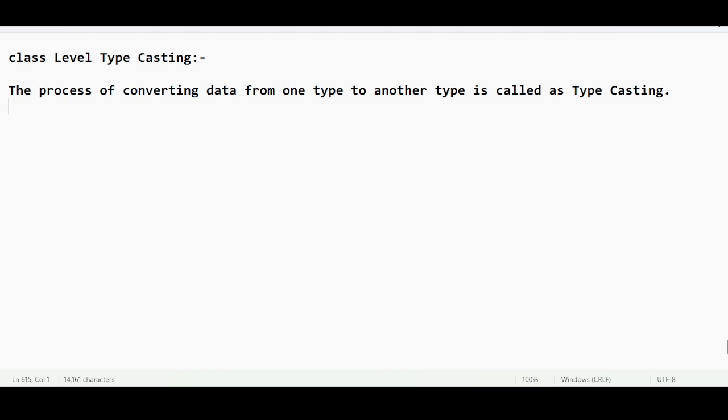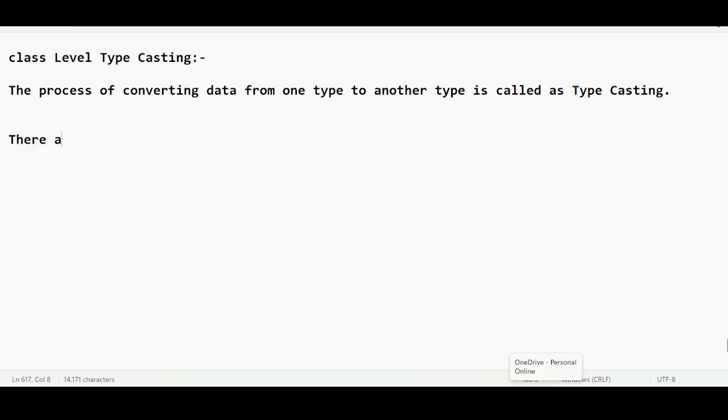We have already discussed something about typecasting in the concept of primitive data types. If you don't remember that, please repeat my video. I have already discussed how to convert from integer to float, and how to do the conversion from float to integer. We have seen these things practically, and a lot of explanation was given on top of it. So we are not going to discuss much about that.